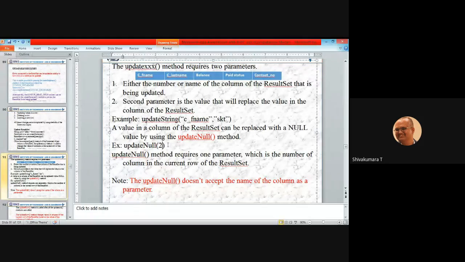The last name value is going to be set as null. See, very important: updateNull does not accept the name of the column as a parameter. Instead of providing 2, if you try to give C last name, it is a syntax error. The correct syntax is passing the index position number of that column. Clear?